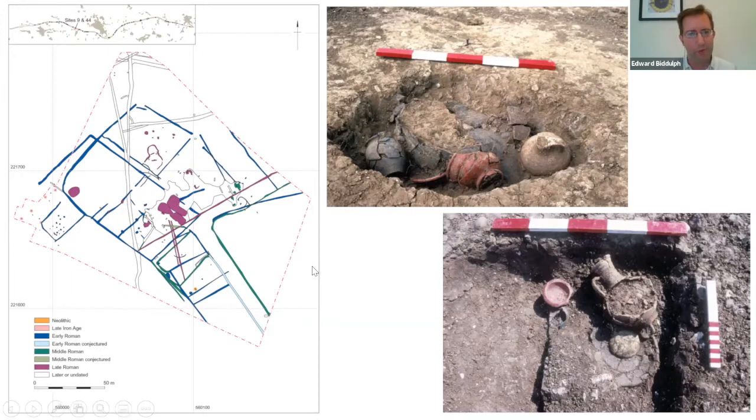And one of the sites along that linear route was Little Canfield, or it's better known as Strood Hall, a Roman farmstead, essentially. And you can see we had pretty much the whole plan of the settlement. So this is the settlement itself, and there were some roundhouses here and things like that, a nice trackway. And then here is a cemetery, a little rural cemetery. And that was the slide right at the beginning on the title slide, a grave from this cemetery,